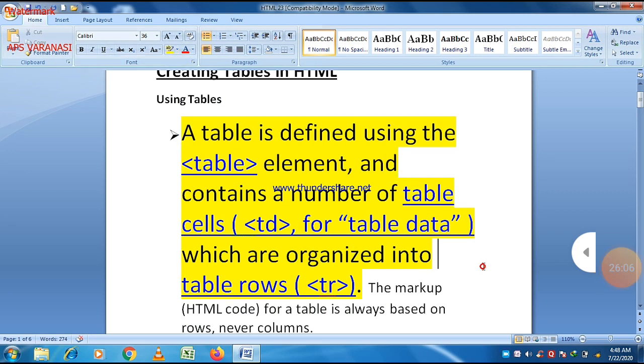So let us take a revision again. Now this program is over. A table is defined using a table element, and it contains a number of table cells, TD for table data, which are organized into table rows. So to create a table, we use the table tag, and within the table tag we use tr and td to define table rows and table data.